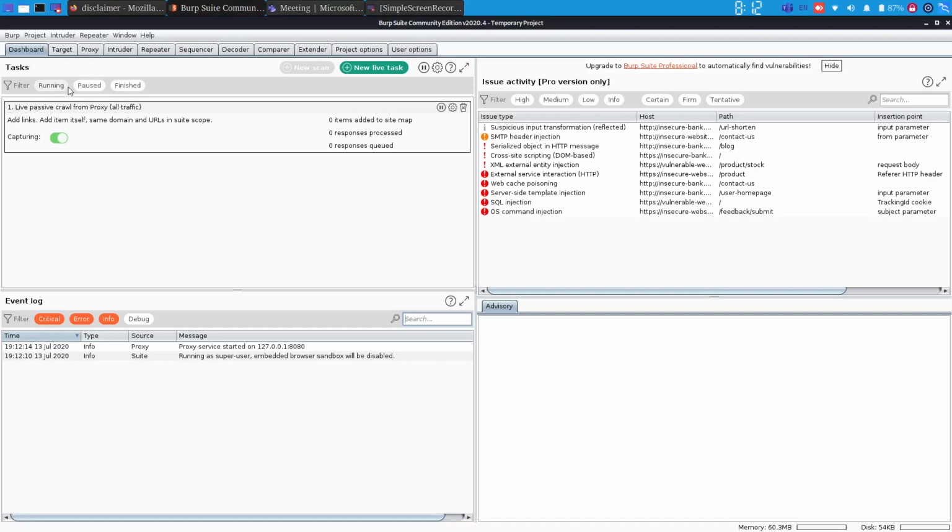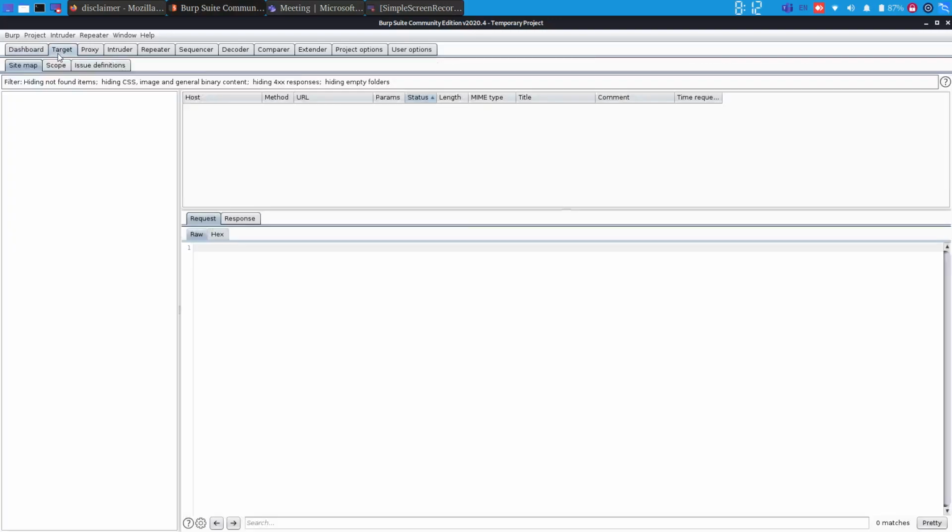So what does Burp Suite do? Burp Suite has different features. First of all, there are two different editions of Burp Suite: a professional edition and a community edition. There are certain differences and limitations with some functionalities in the community edition. If you want to pursue web application security for long, you can go for the professional version as well. Now let's deal with different things in Burp Suite.